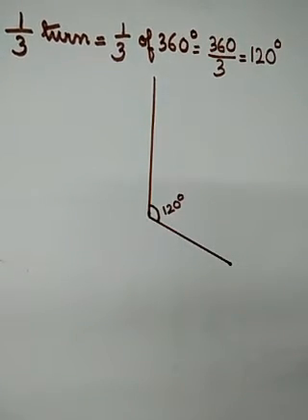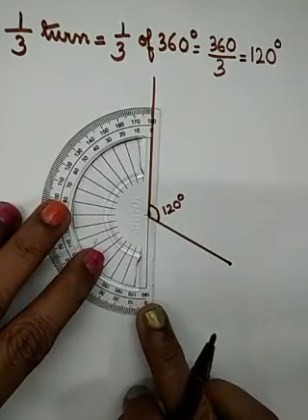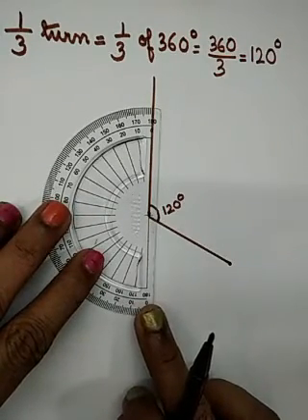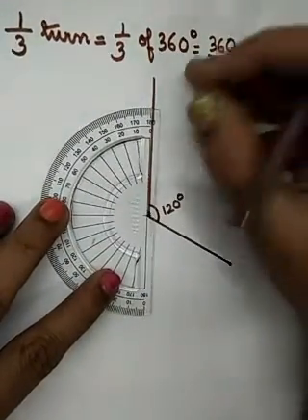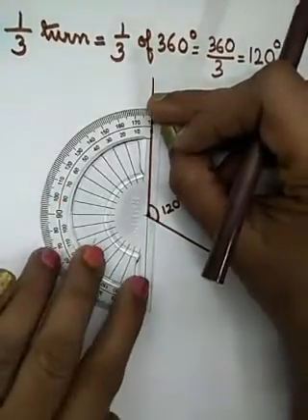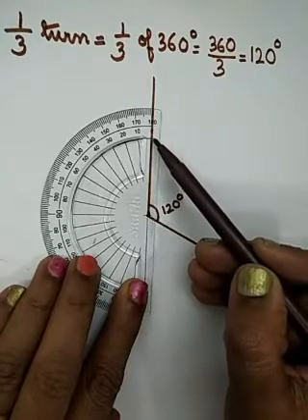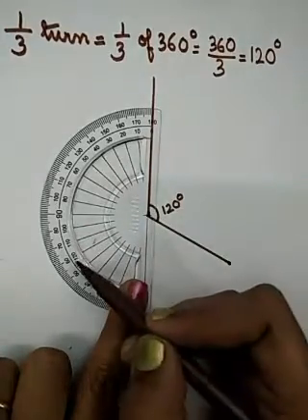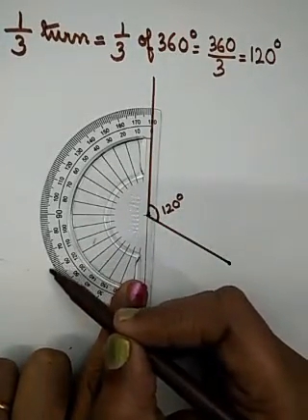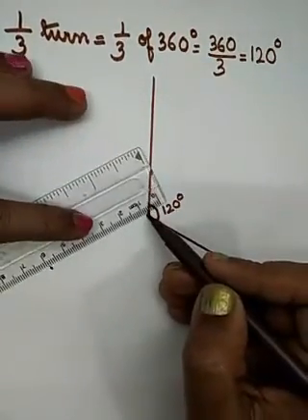Okay. Now what I will do, you know, I will make one more 120 degree. So I will put point over point, middle point over the first point and line over line. Okay. इस point को point पकड़ा है, point पकड़ कर वहाँ रखा and line over the line. And again what question should I put? Where is my zero? So my inner scale is my zero this time. इस बार अंदर वाला scale है. Okay. So 0 अंदर वाला scale से 120 तक. So this is 120. So here this is the point. So I'm joining this. Okay.